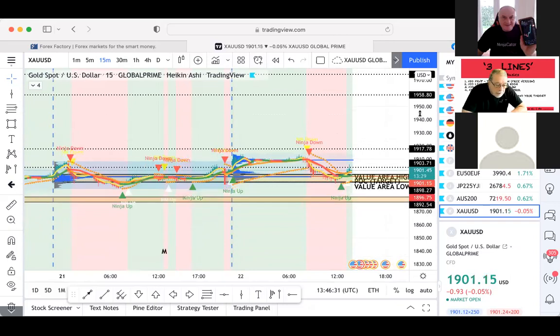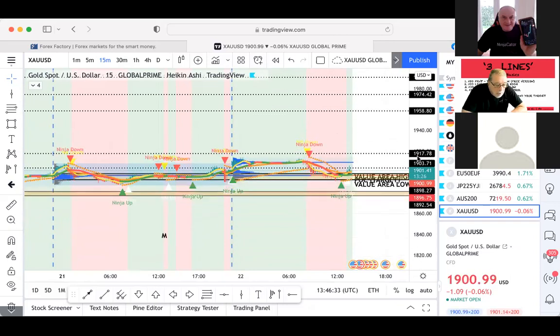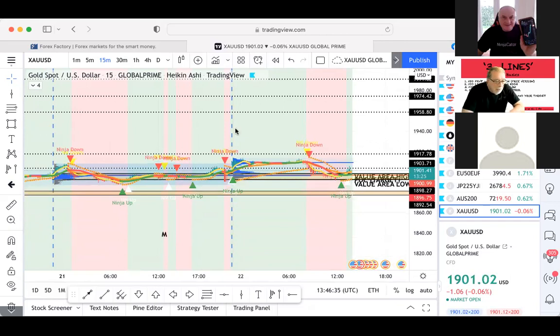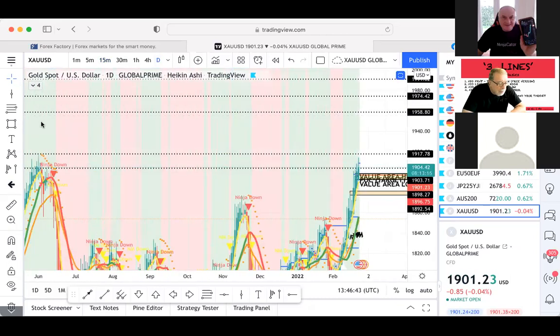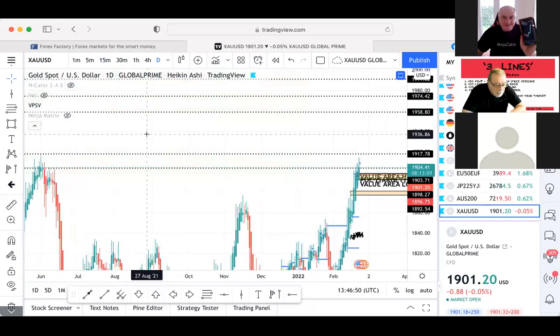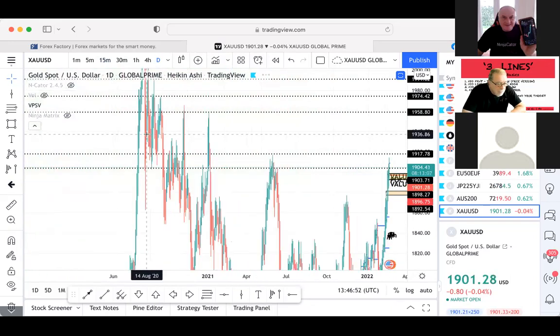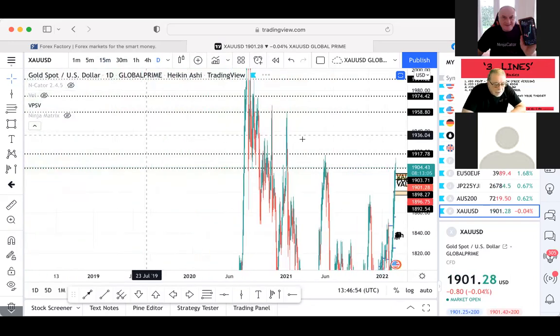There were no outstanding points of control, but there were situations. I'll just have a quick look, see if I can find what I was looking at before. I'll get rid of the matrix and the indicator, give us a cleaner chart. Yeah, there's